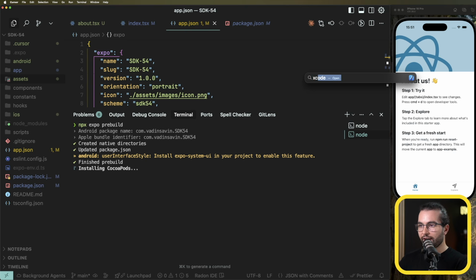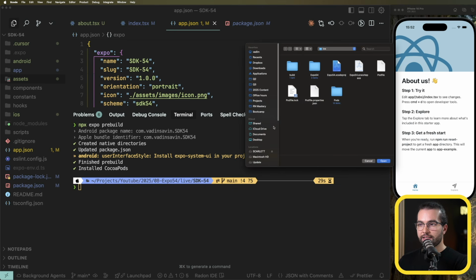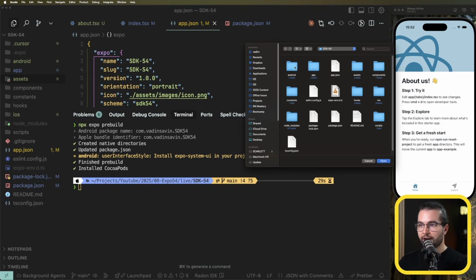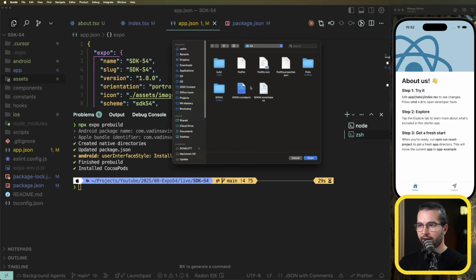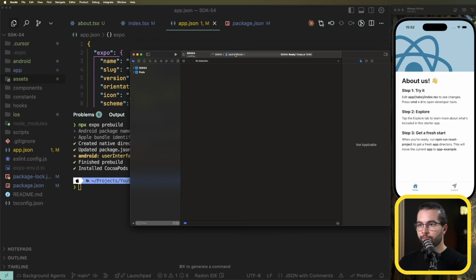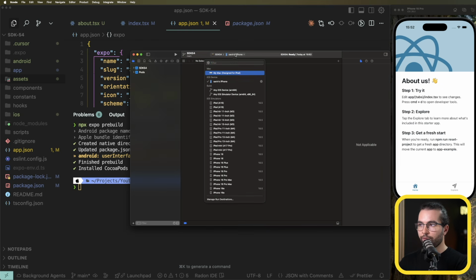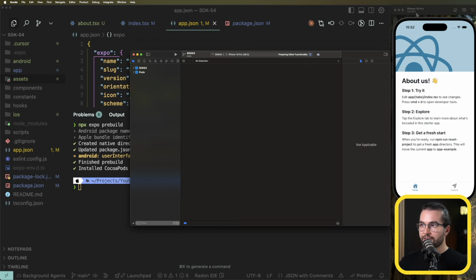So I'm going to go ahead and open Xcode beta. I'm going to open an existing project. I'm going to go to my application, navigate to the iOS folder and open the workspace, this one. From here, I'm going to choose the iPhone 16 Pro, and the iPhone 16 Pro is also running iOS 26, the system that supports the liquid glass. We're going to wait a bit for the application to build, and we should be ready to use liquid glass